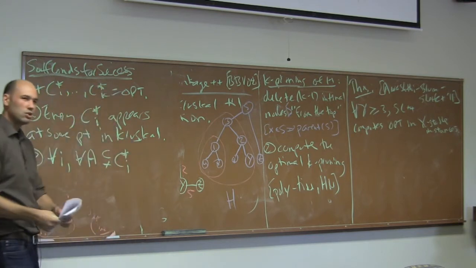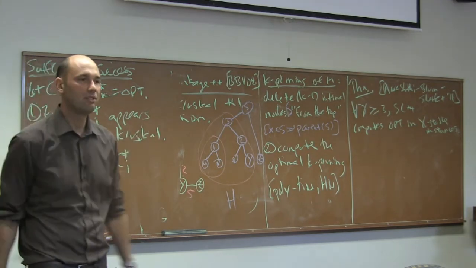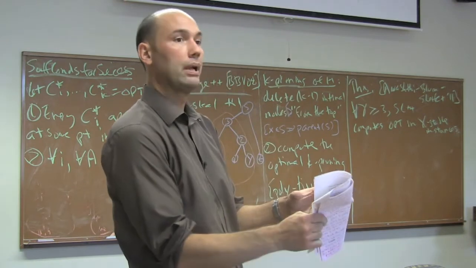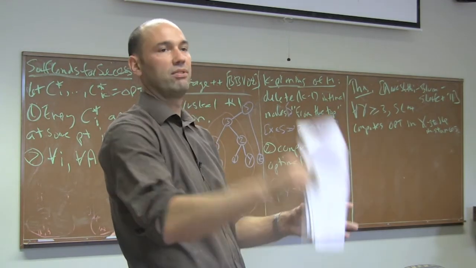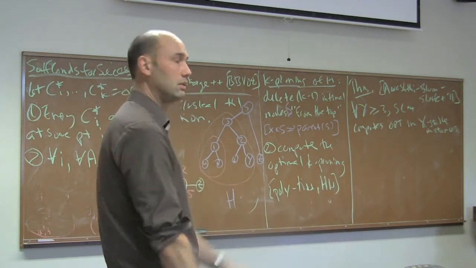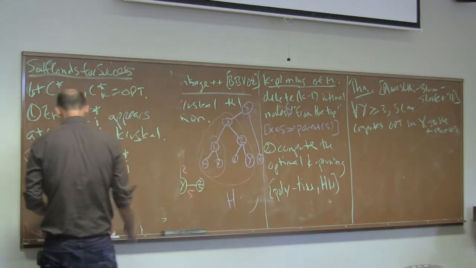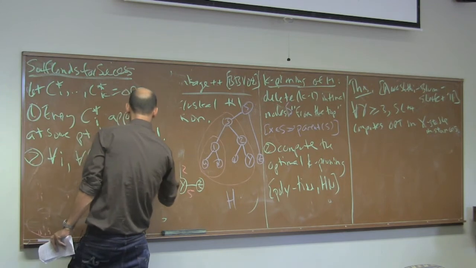So like A here, those are the 3 points out of the 5 that we had so far. That's what you should think of them. We're really hoping these other 2 will get joined with this cluster. We're really scared that points from some other C star J are going to get joined first. So for all strict subsets of the optimal cluster C star I, the condition that will be a sufficient